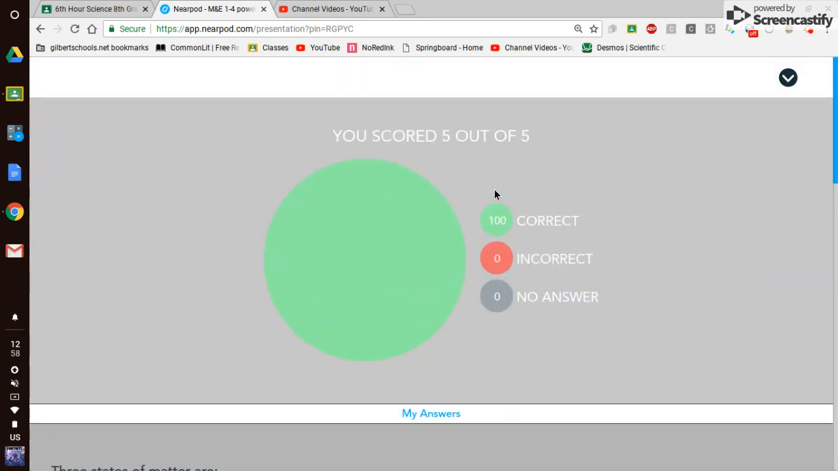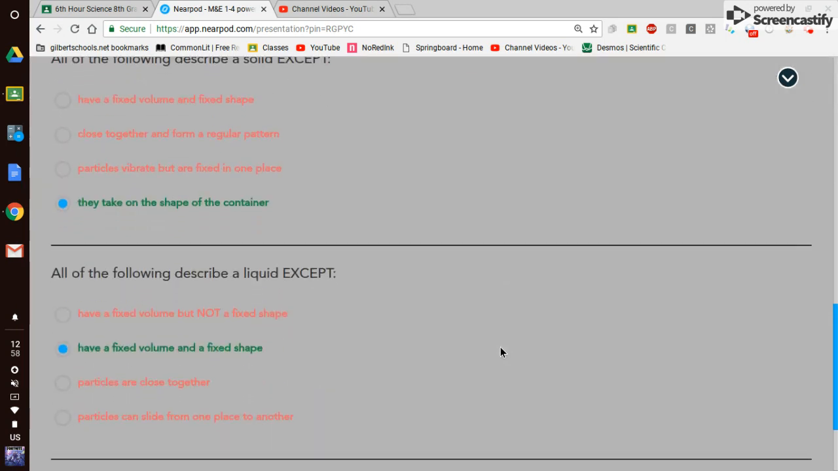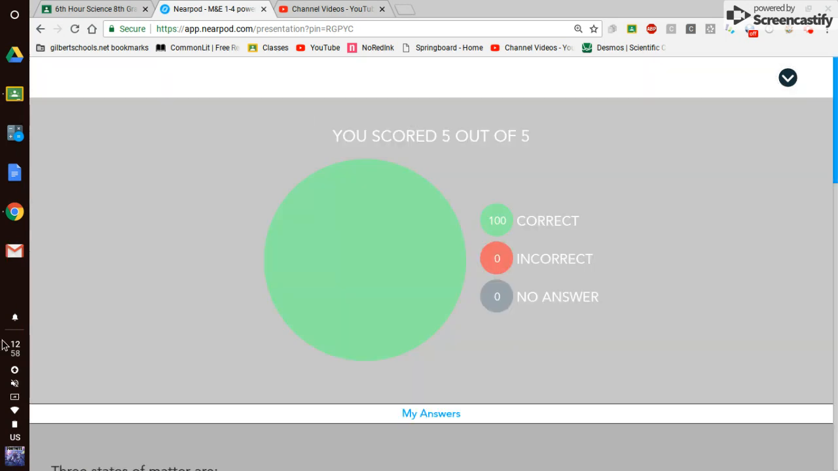The states of matter are solid, liquid, gas. The state of a substance depends on the space between the particles and how the particles move. So remember, as I was giving you